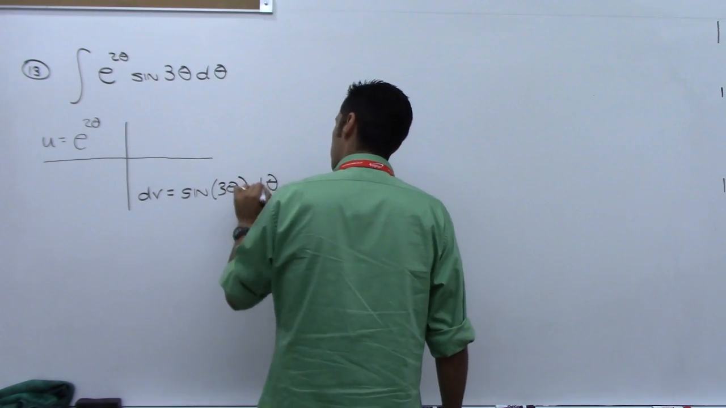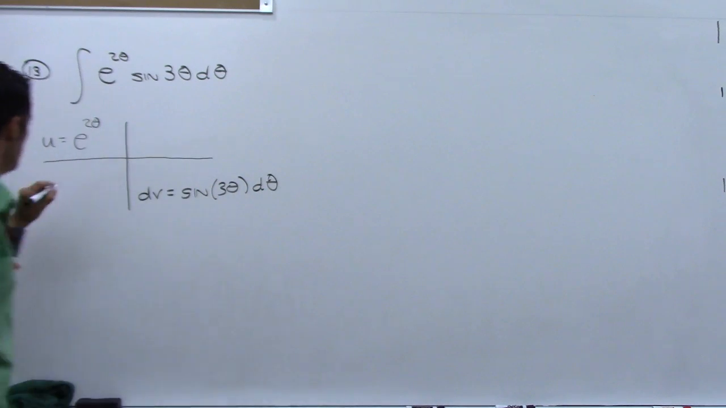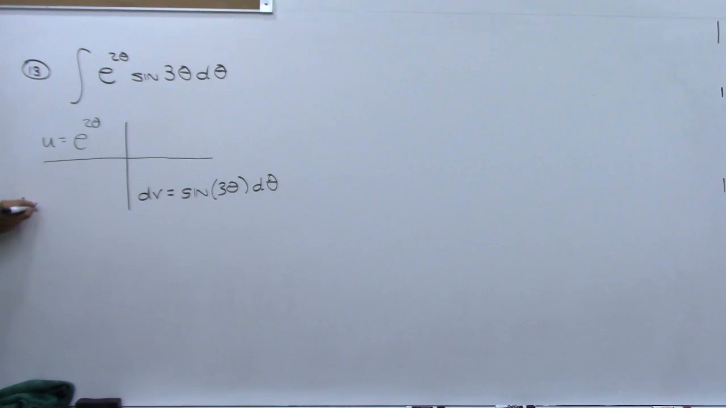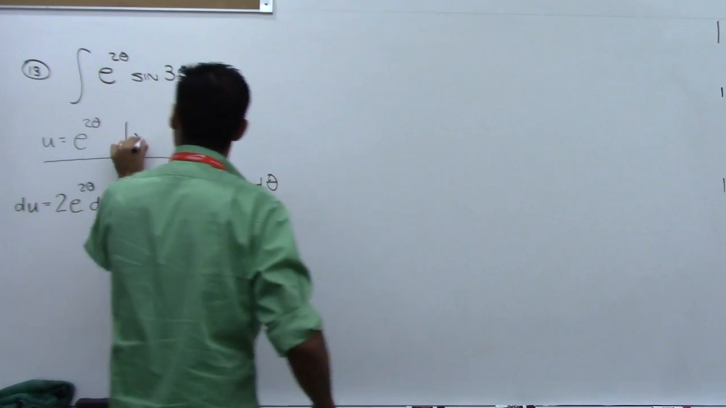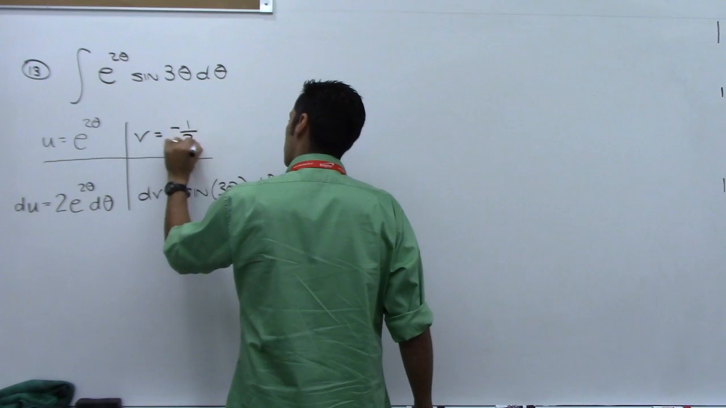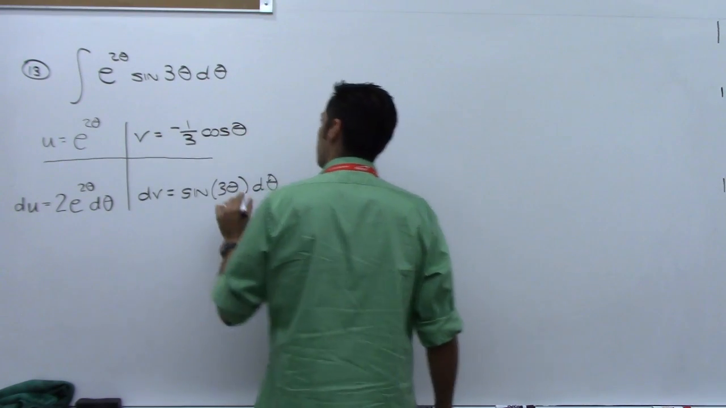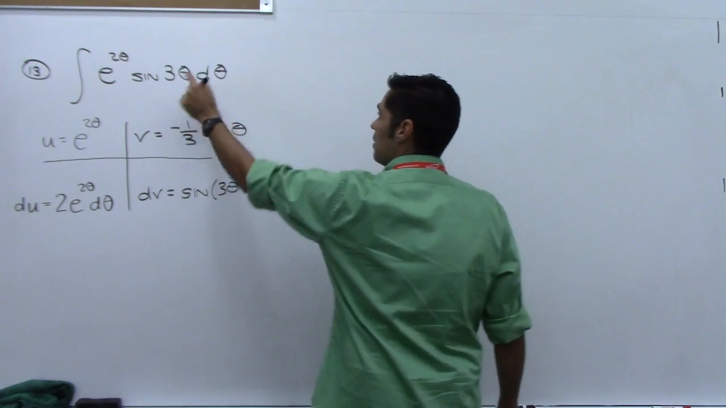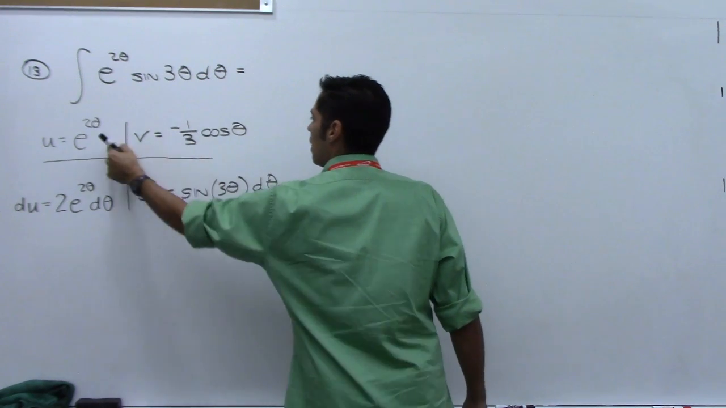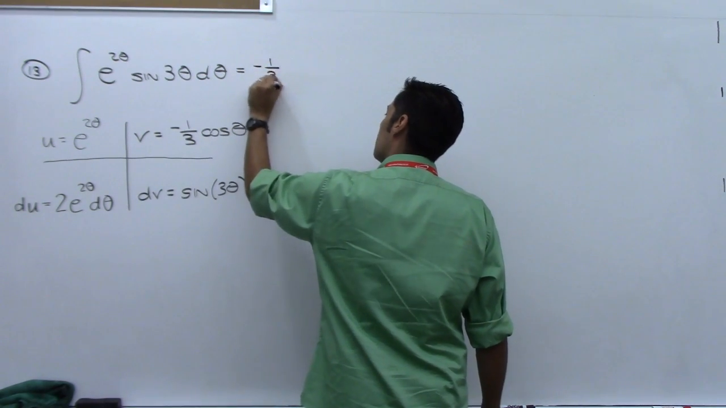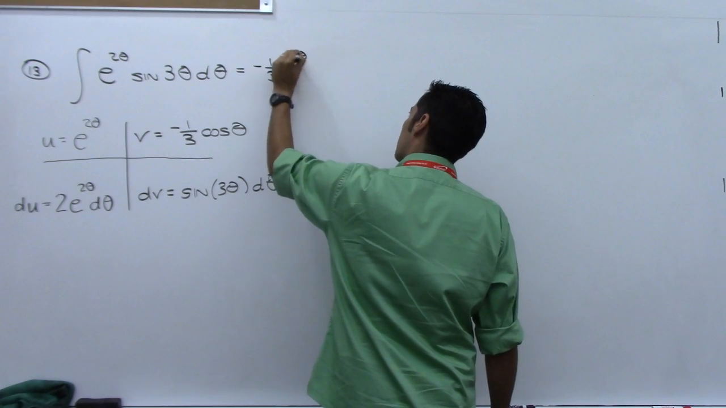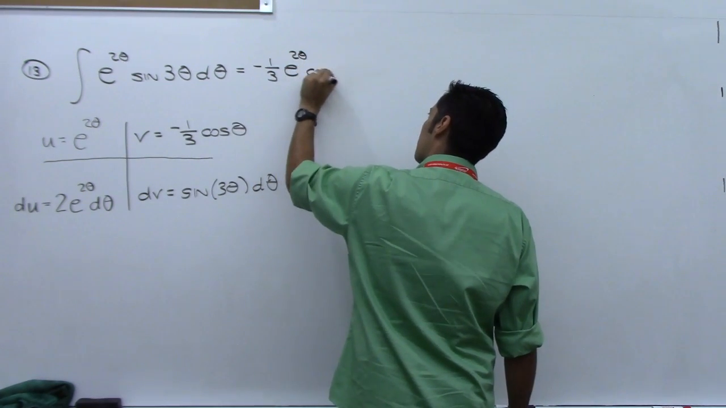Now, the derivative here, du, is going to be itself, but then times the derivative of what's up there. So 2e to the 2 theta d theta. The antiderivative here is negative 1/3 cosine 3 theta. So right now we have that this is equal to uv, this times this, negative 1/3 e to the 2 theta cosine 3 theta